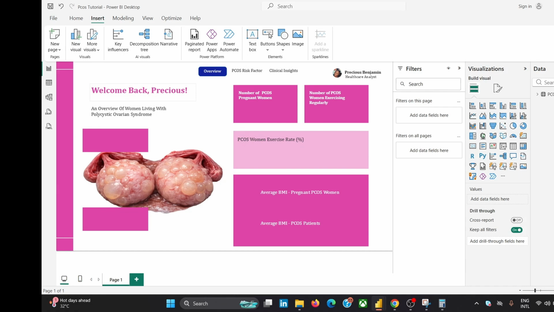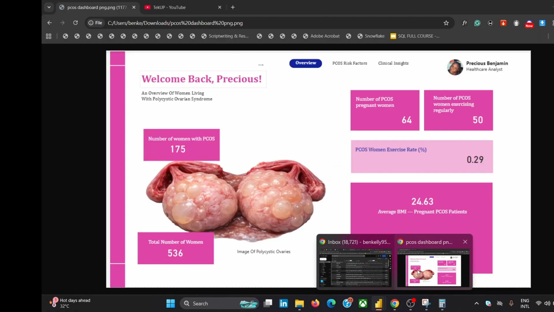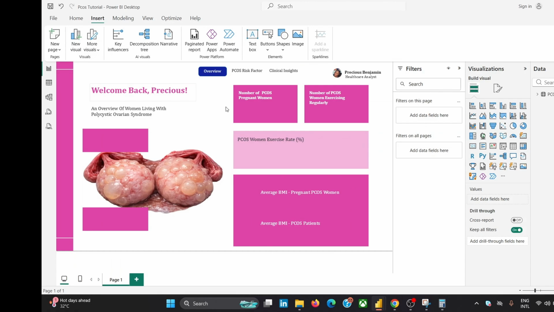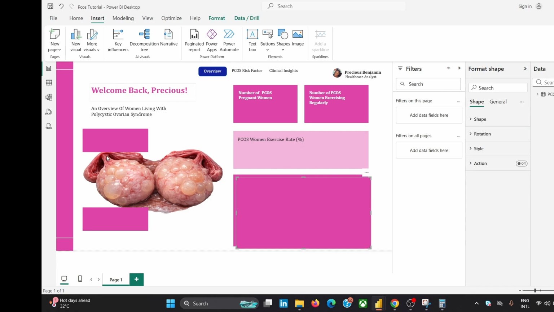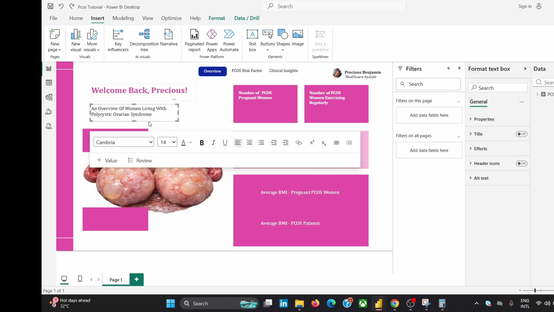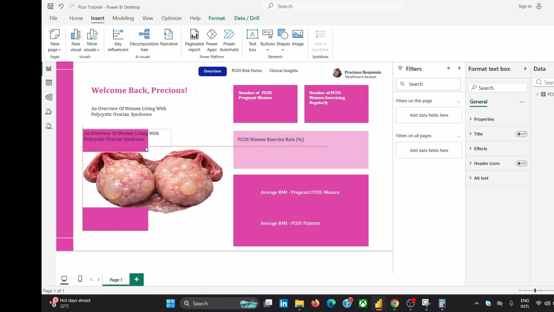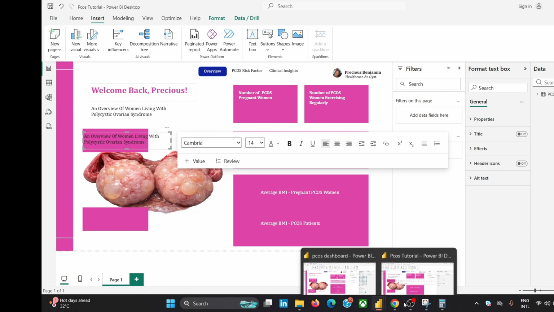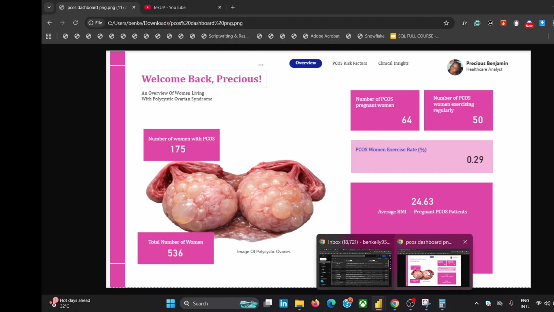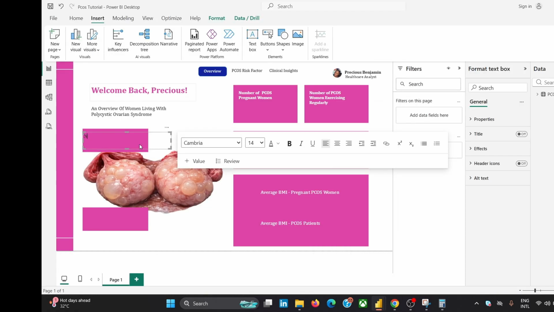Now, the next thing we have to do is we have to go over to say number of women with PCOS, right? 175. So we can simply come over here, okay? So copy this and paste this. And let me just Control Z that, okay? So let's just come over here, copy and paste this. Then we can simply come over here to say, let's check what we have there. So it's the number of women with PCOS. So we can simply say number of women